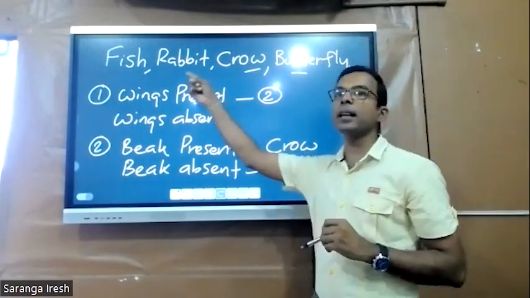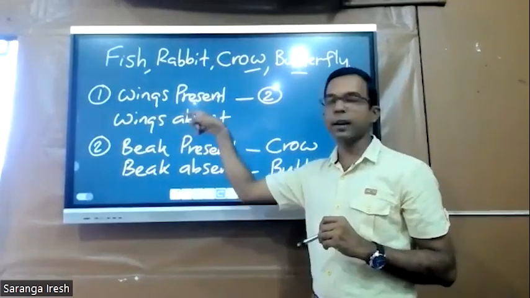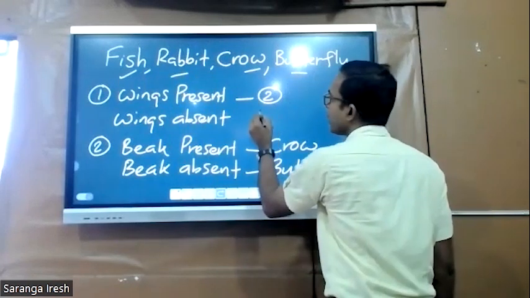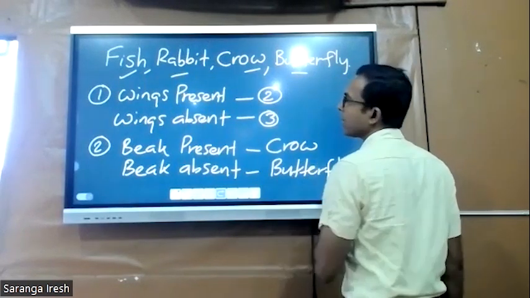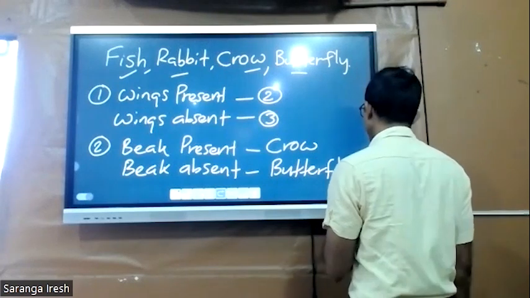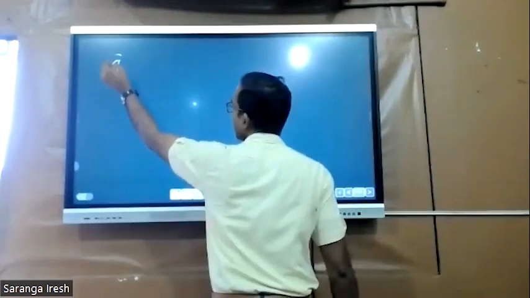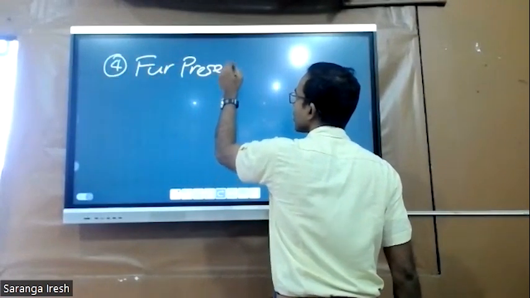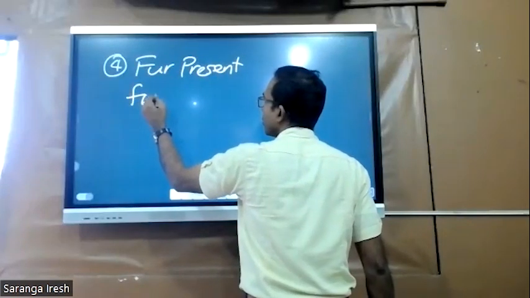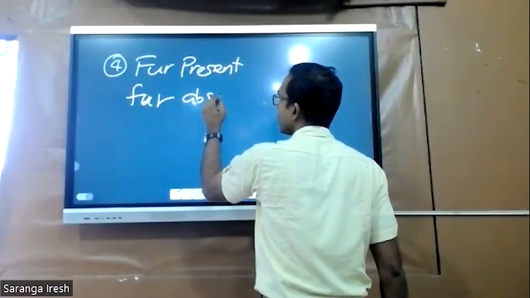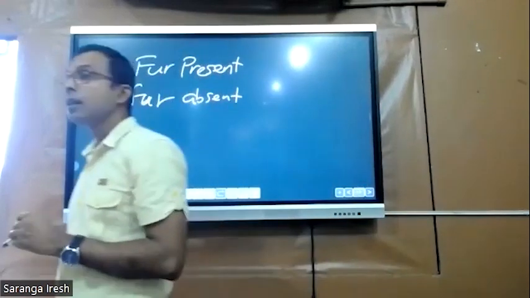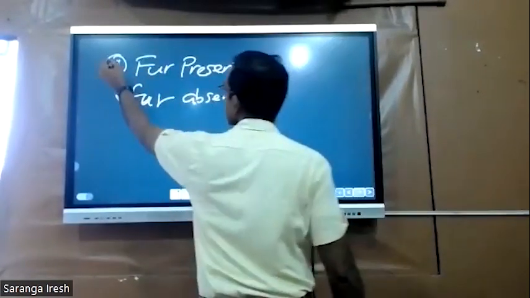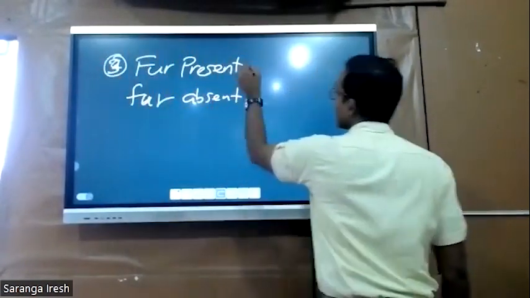But here I have the other list. Initially I didn't classify. Wings absent, there are two, fish and rabbit. Then I have to take them into number 3. What is the one? Fur present, fur absent. The third one. Rabbit,